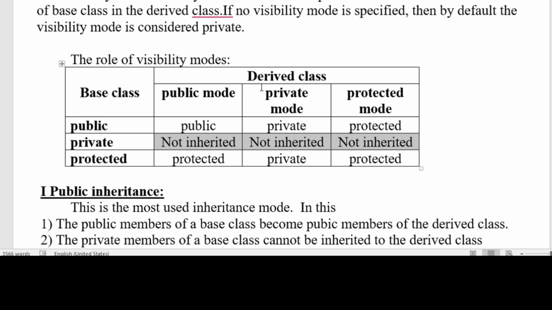If we derive in public mode, public members always remain public. Private, not inherited. Protected remains protected. If it is in private mode inheritance, the public members become private. Private members of the base class, once again not inherited. Protected also becomes private. Whereas in the protected mode of inheritance, public remains protected, protected also remains protected, private not